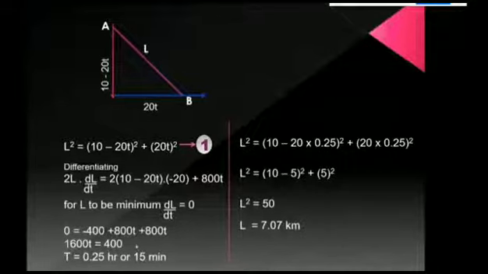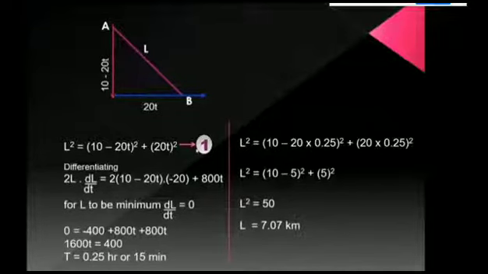If you do the mathematical calculation, I'm getting 1600t is equal to 400. So I am getting t is equal to 0.25 hour, that is 1 by 4 of an hour. Just simply substitute here. I am taking the scale kilometer per hour, and the same scale I am going to use. You have to be very careful with the scale, students. If it is kilometer per hour, everything has to be in that scale; or if it is meter per second, everything has to be in the same scale. Here I am going with hours itself.